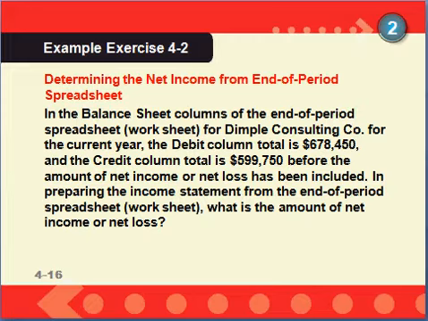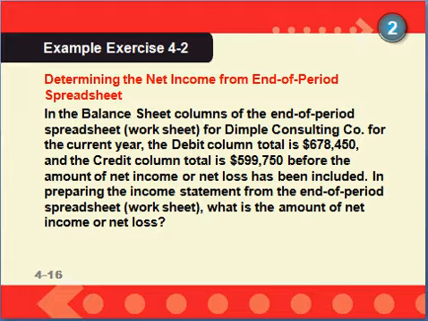So if the last 4 columns of our 10-column worksheet don't balance when we initially do them, it's off by either our net income or our net loss. So if in our balance sheet columns the debit column is greater than the credit column, that means we had a net income. So in this case, we can see that we did have a net income,